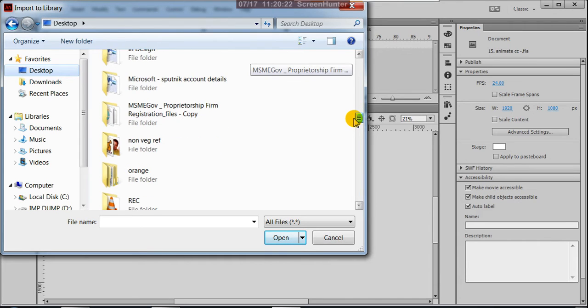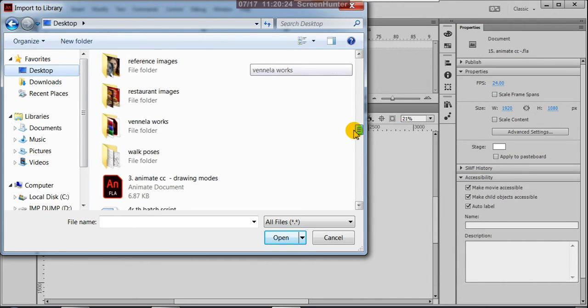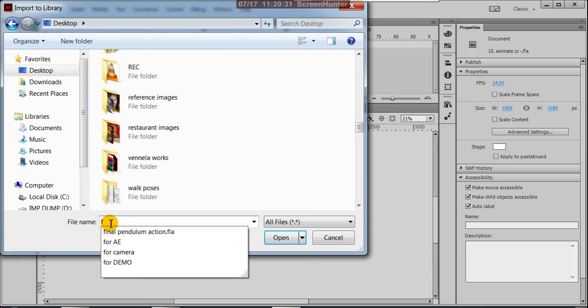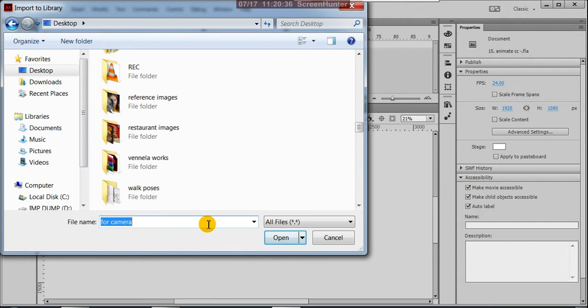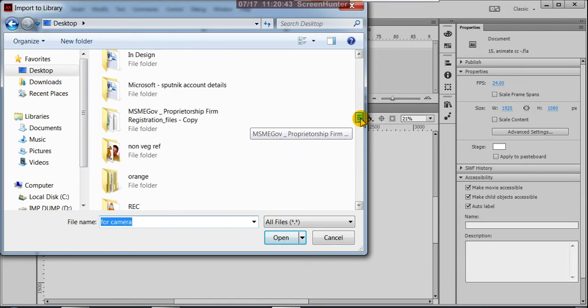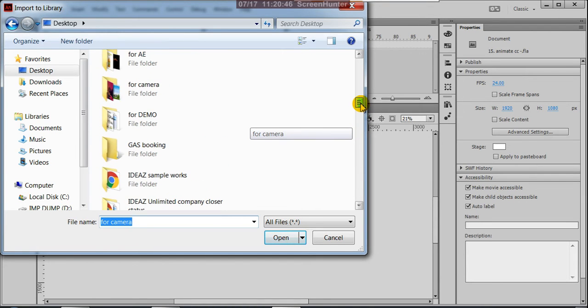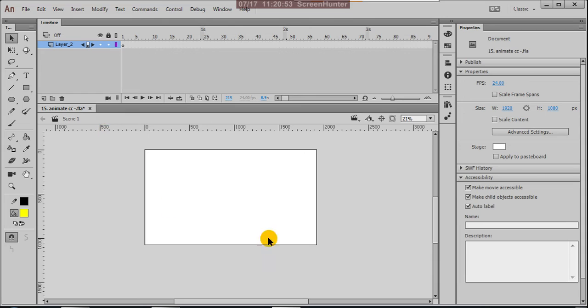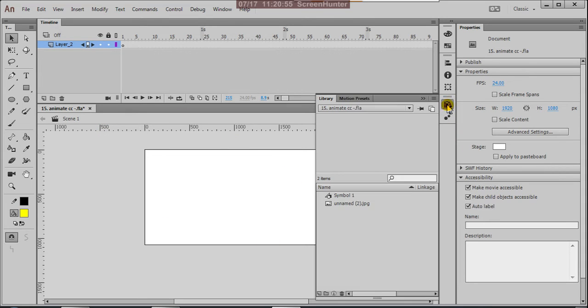There is a folder named camera, something for camera. In that I'm choosing this picture, open, and your picture is in the library.